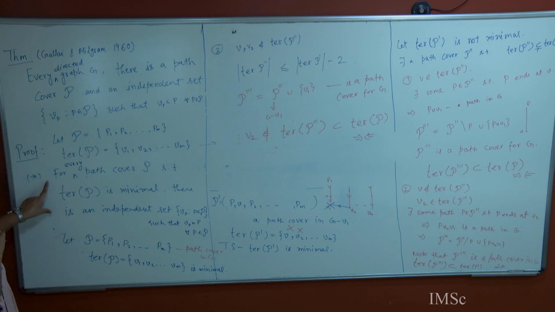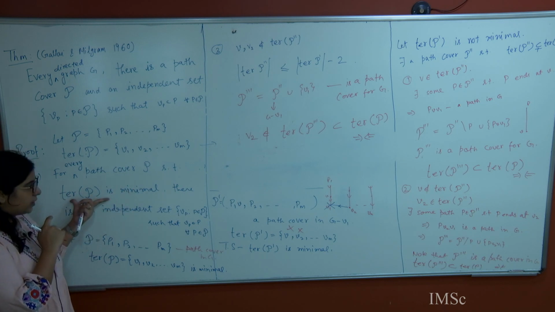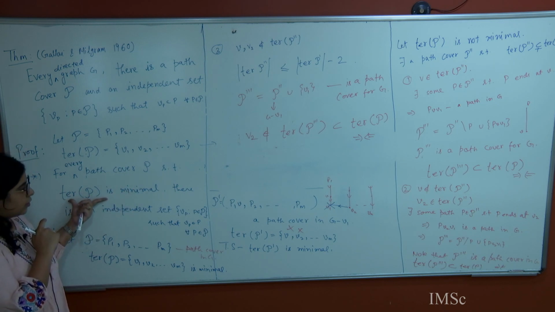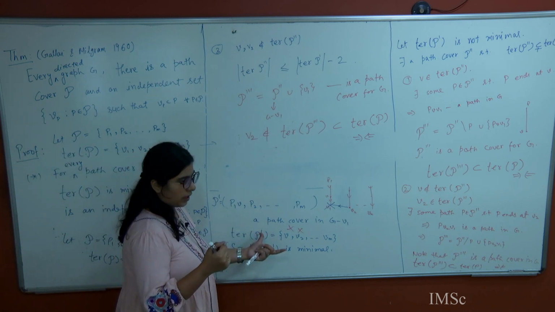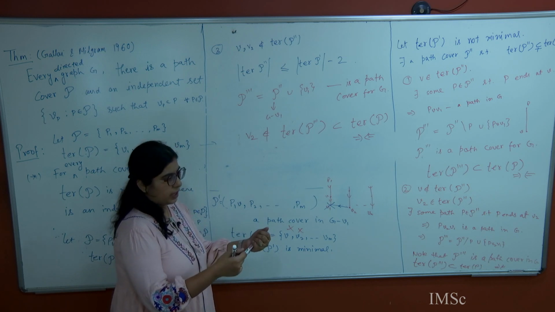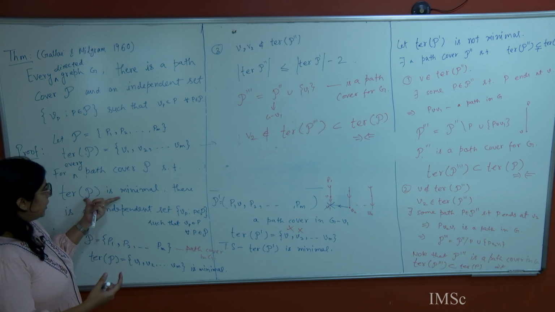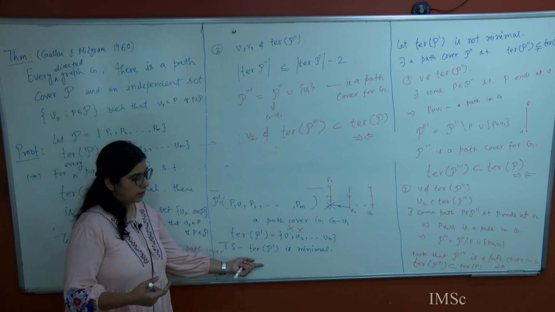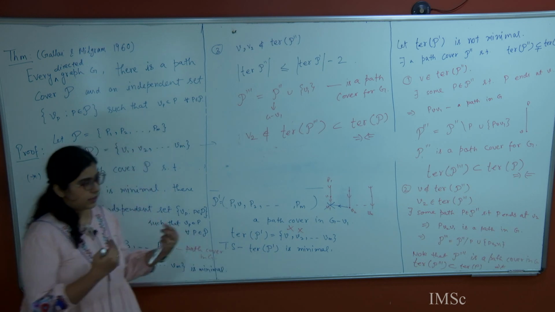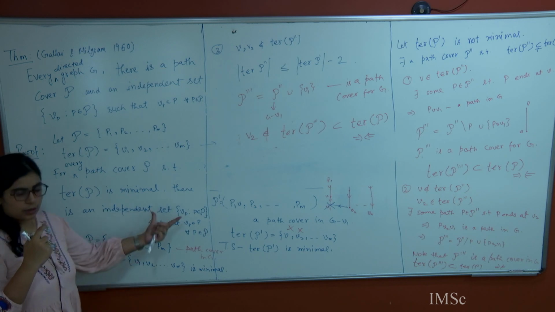Now, because we are proving this statement which holds for minimal terminal set, in order to apply my induction hypothesis, this is a smaller graph, but still I cannot apply my induction hypothesis because this condition I have to check. Okay. So we need to check that the terminal set of this P prime is minimal. So that is our goal. Once it is done, then we can apply the induction hypothesis and we get some